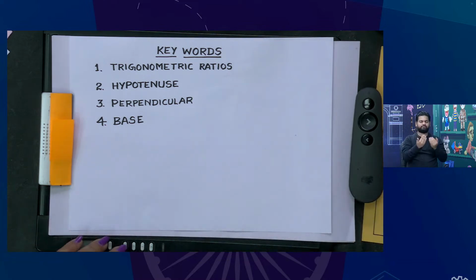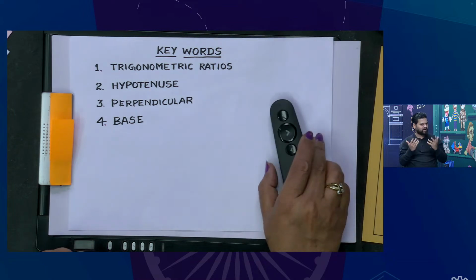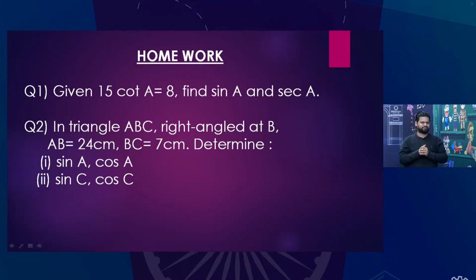अब हम मूव करते हैं हमारे होमवर्क की तरफ। बच्चों को हमने सिखाया है वैल्यूज़ कैसे निकालते हैं। तो हमारे 2 क्वेश्चंस हैं बच्चों, प्लीज़ ट्राई करिएगा। आई एम वेरी श्योर यू विल बी एबल टू डू। फर्स्ट क्वेश्चन इज गिवन 15 cot A is equal to 8, फाइंड sin A एंड sec A। इसमें थोड़ी सी हिंट दे देती हूँ मैं आपको। cot A को हम क्या लिख सकते हैं? 8/15। ठीक है, तो अब इससे सारी रेशियोज निकाल लेंगे बच्चे।